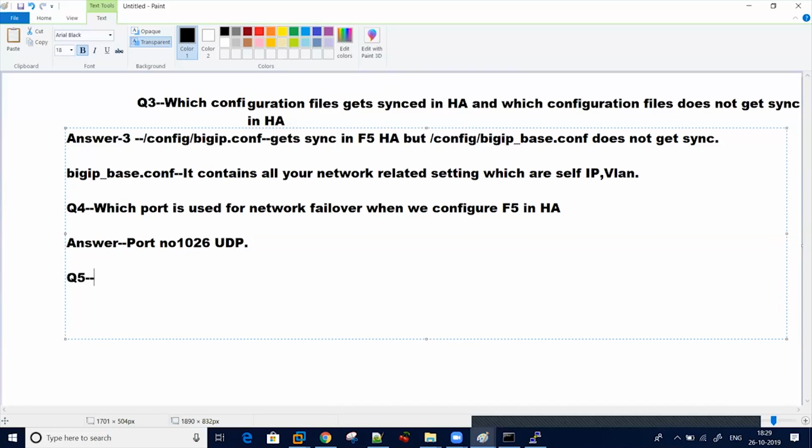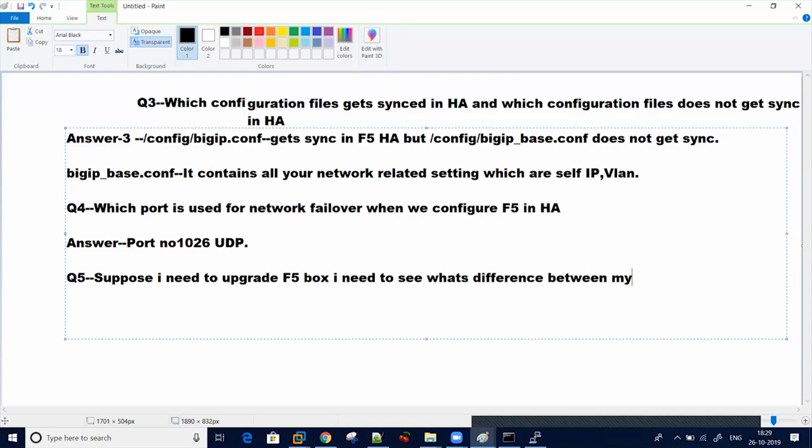Another question generally which people ask: suppose I need to upgrade my F5 box, I need to see what's the difference between my current version and the version which I'm going to upgrade.